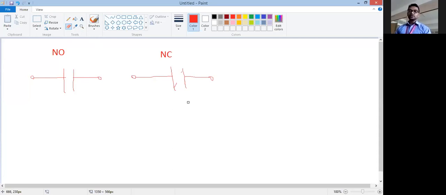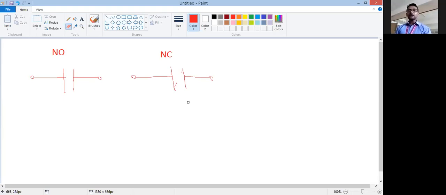This is also used vastly in PLC programming: whenever some condition occurs and you have to cut off the supply of any output device, generally NC is used. NO is used where, on a certain condition, you have to turn on something. And whenever on a certain condition you have to turn off some device, NC is used.